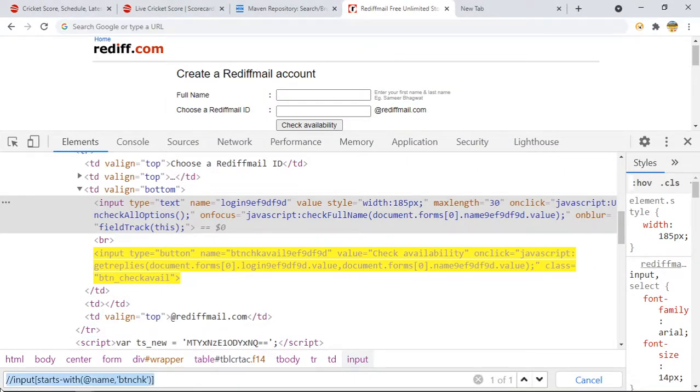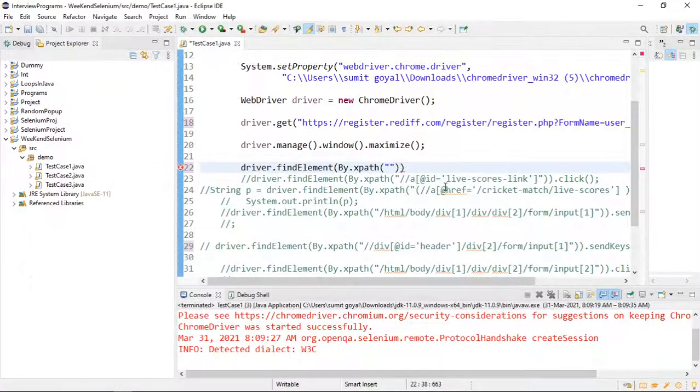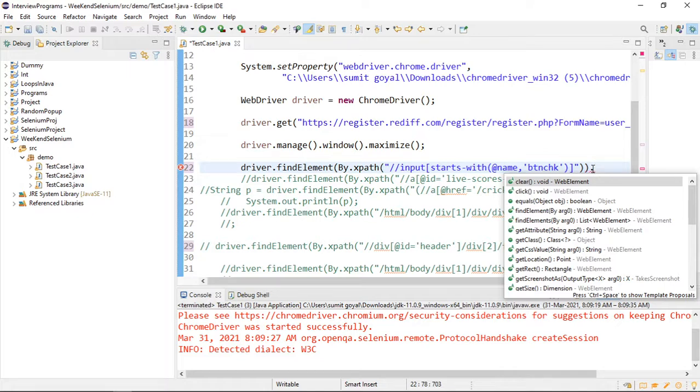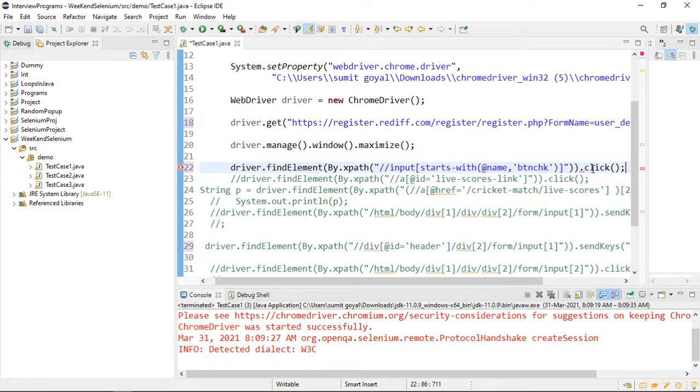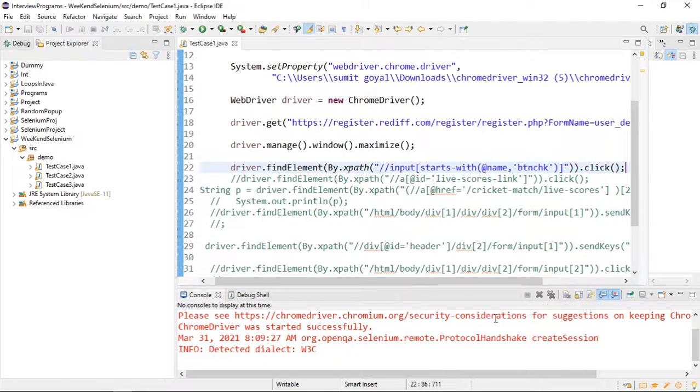I suggest you not use any ready-made tool as of now to write our XPath or CSS, because in the interview they will ask you how you can write the XPath. At that time you cannot say that you can use a tool to write it. Once you are in a project you can use one to save time, but here I suggest you go with this. You should know how to create our own XPath and CSS.